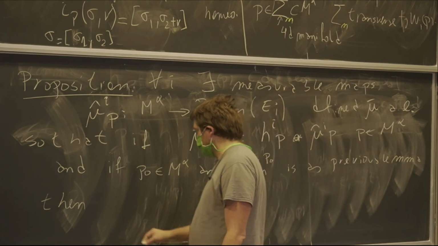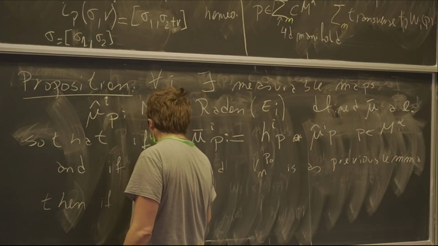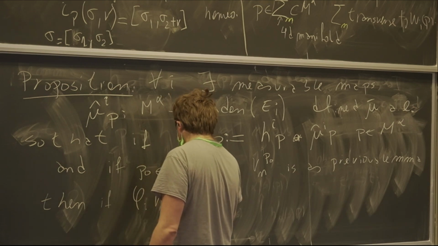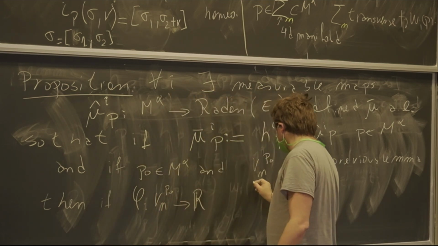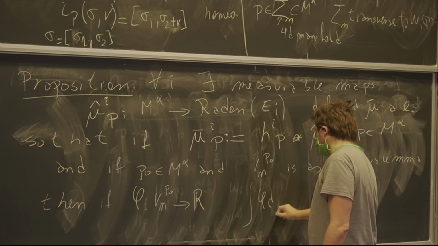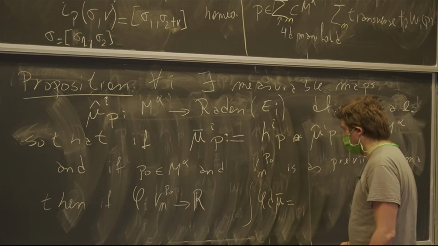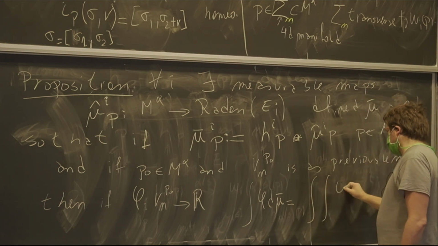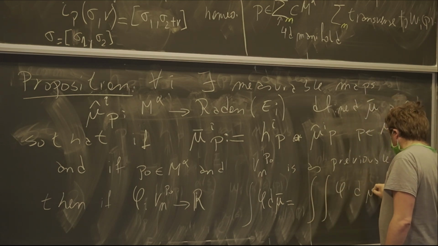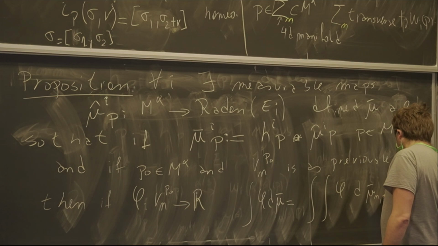So if phi goes from B_n p naught into R, the integral of phi d mu bar is equal to the double integral of phi d mu bar n p naught